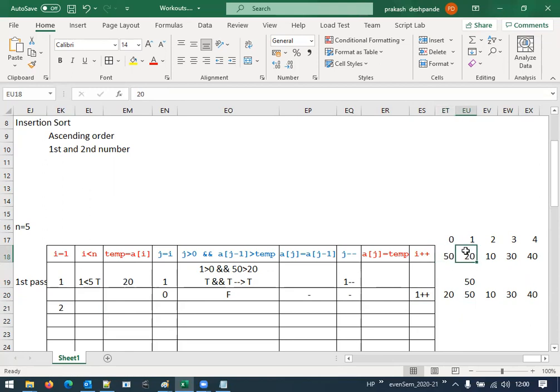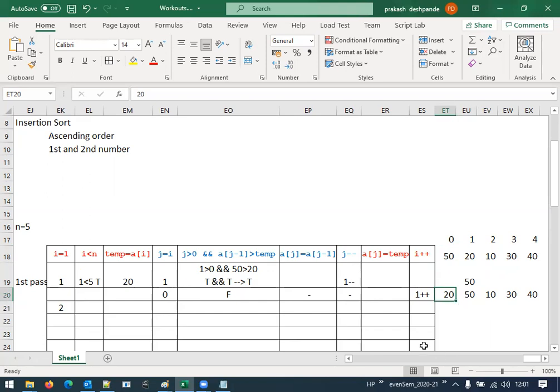If the second number is smaller than the first number, then insert this second smallest number at the first. We can treat that this is a sub-array here. For the first pass, first two numbers are the sub-array. In this sub-array, the smallest number was positioned at the beginning. Among these two, the smallest was what? 20. 20 is positioned on the left-hand side.